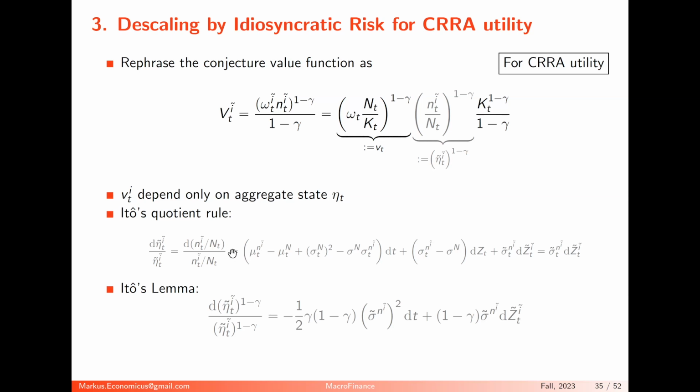Okay. And then I have to say, what's the evolution of this eta tilde, so the net worth share within the sector. I should probably put some I's here everywhere, but it doesn't matter because we have only one sector. And then I just apply Ito's quotient rule, okay, to get the whole thing. And by Ito's lemma, I then get this expression. Okay, I will jump a little bit given the time constraint. So remember, this is the guy. This is given by Ito's lemma, by this expression.